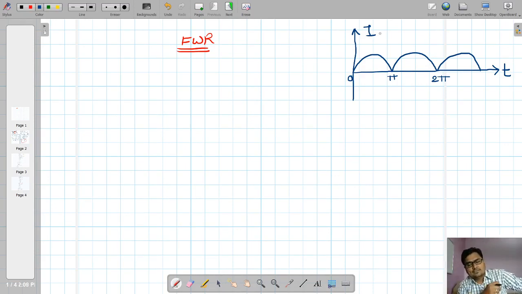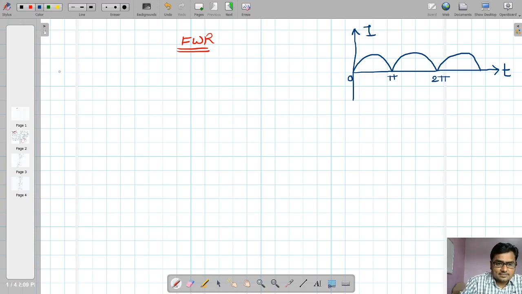In case of half wave rectifier, we have analyzed more than 12 parameters. The same parameters here also we have to analyze. It means we will derive all the equations for all 13 to 14 parameters. The method of analysis is completely the same as that of half wave rectifier, so we will follow quite the same steps for deriving those equations related to full wave rectifier.